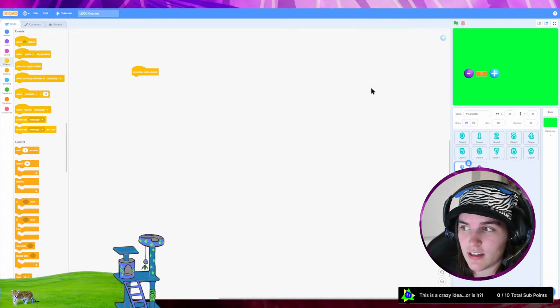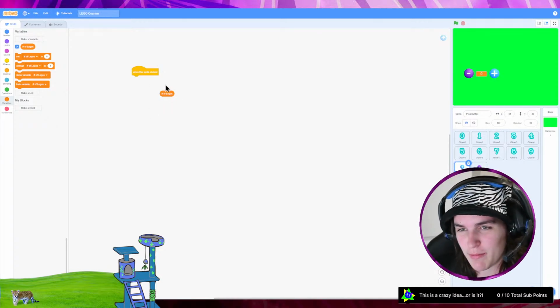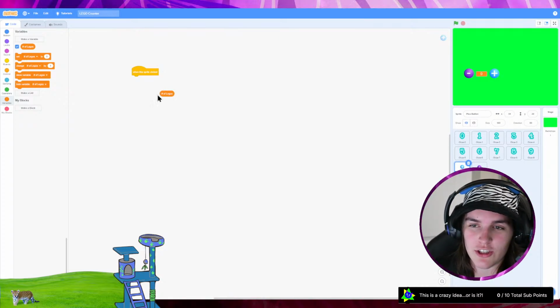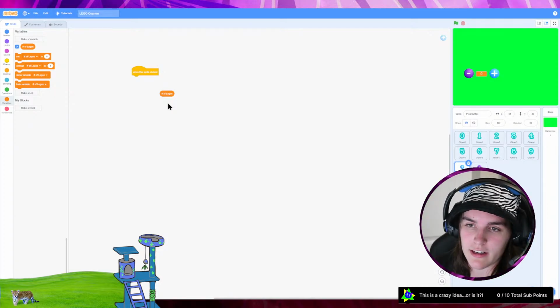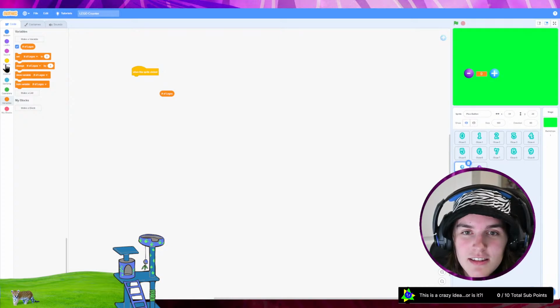When the sprite is clicked, I want that number to go up. So, fun fact about these variables is I can just click one of the blocks. So my block says number of Legos. By the way, this is terrible naming conventions. Traditionally, you don't want to use symbols. You just want to use letters, and you don't use spaces. But since it's Scratch, I can kind of break the rules a little bit. All right. So when the sprite is clicked, I want number of Legos to go up.